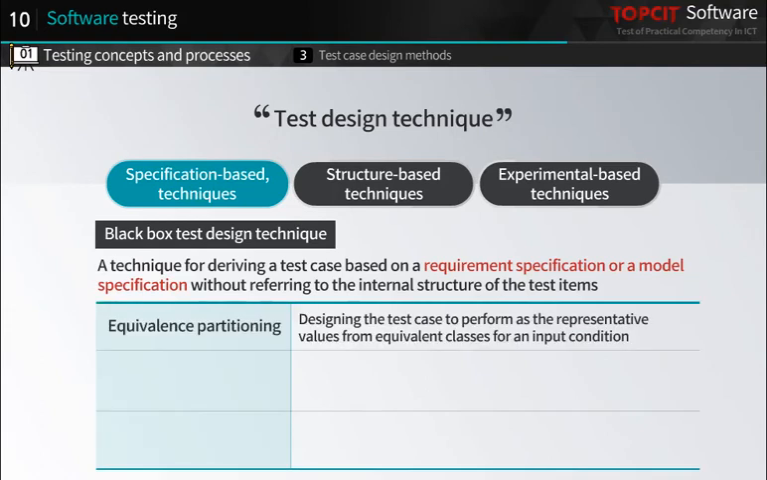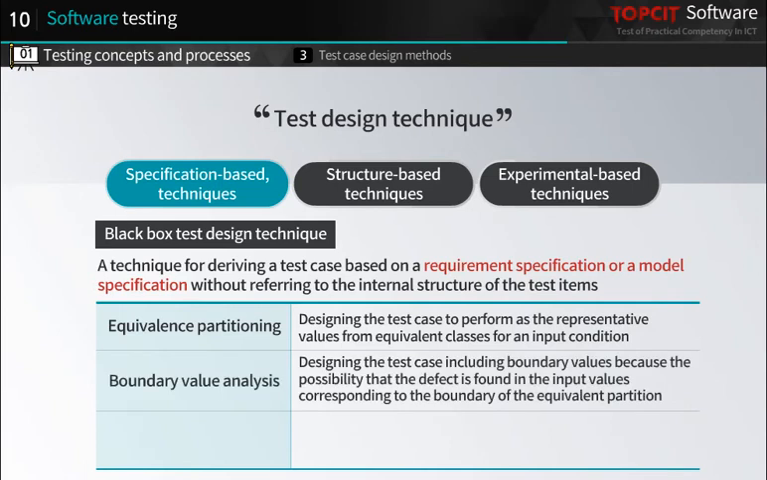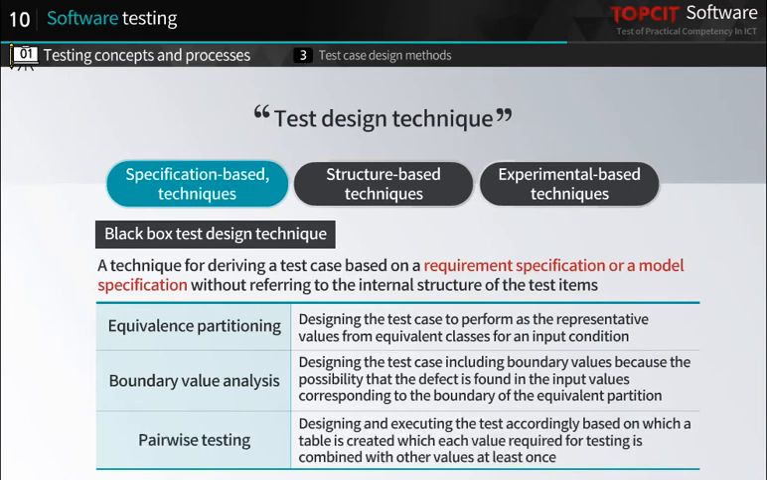They are the equivalence partitioning technique for designing the test case to perform as the representative values from equivalent classes for an input condition, the boundary value analysis technique for designing the test case to include boundary values because of the possibility that the defect is found in the input values corresponding to the boundary of the equivalent partition, and a pairwise testing technique for designing and executing the test accordingly based on a table created in which each value required for testing is combined with other values at least